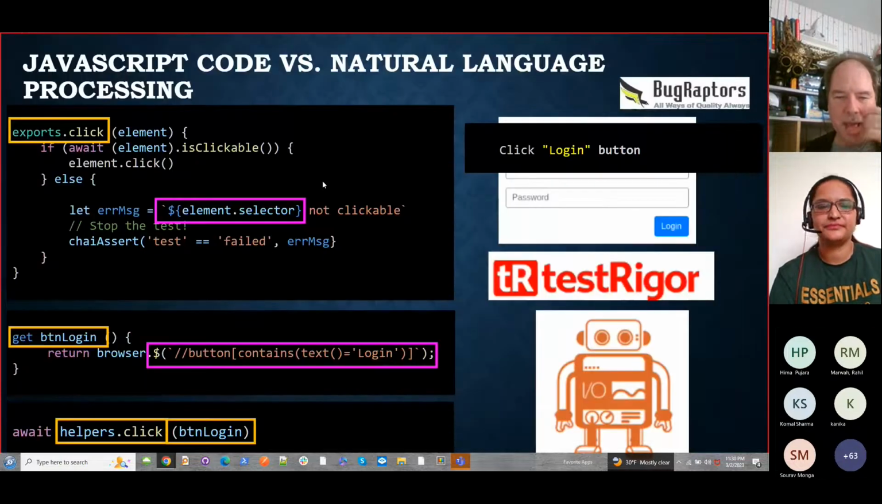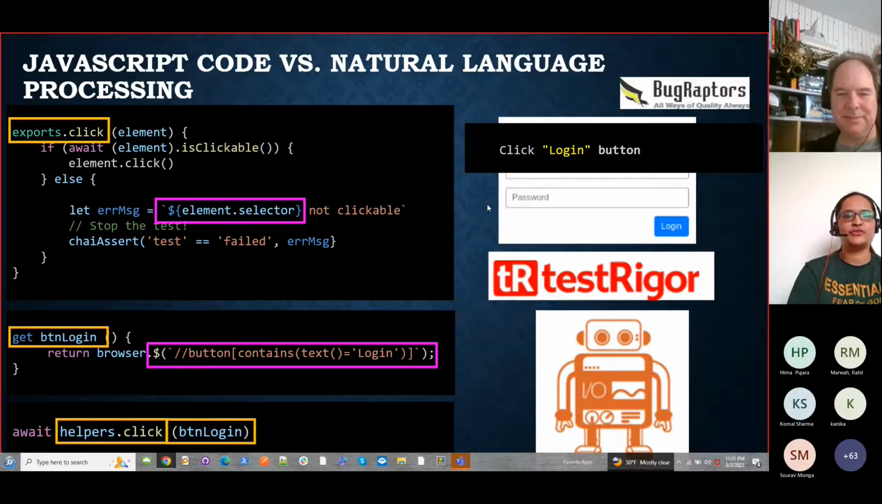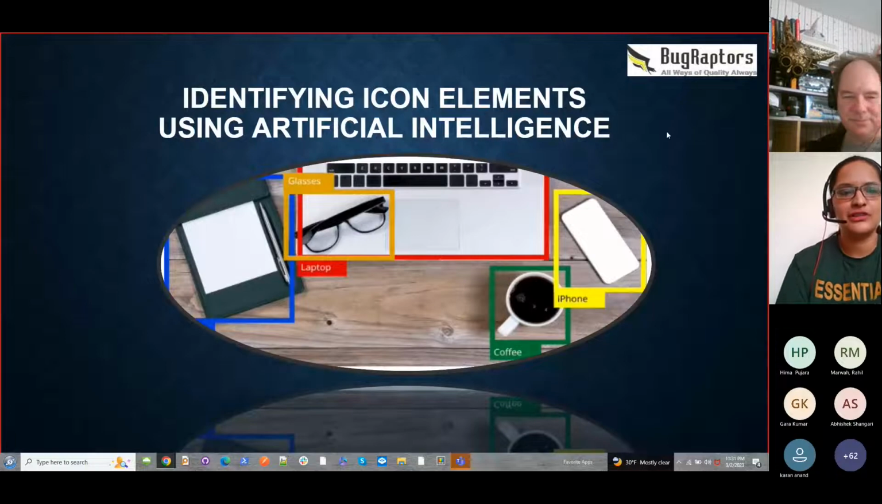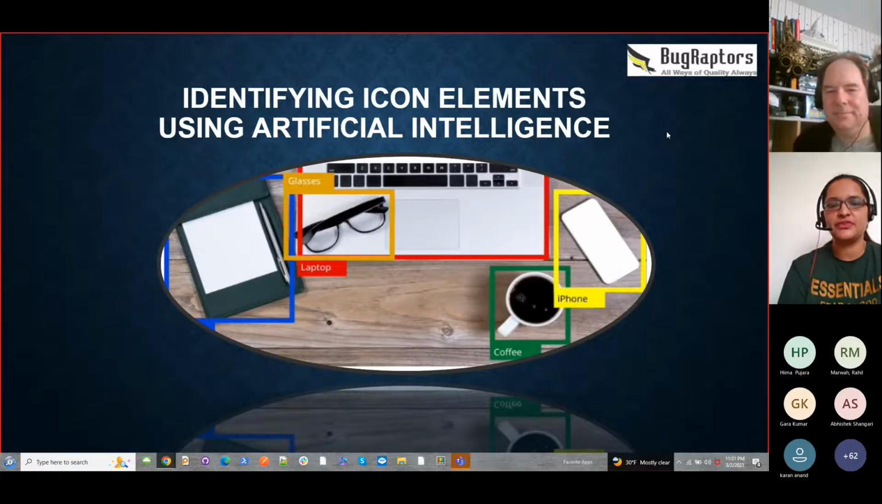Absolutely. I'm going to turn it back over to you, Harsha. Thank you. That was very impressive, Paul. Now let us look at identifying icon elements